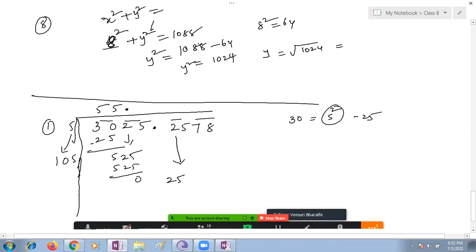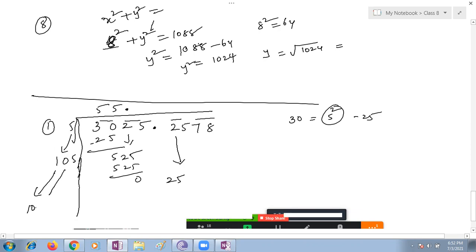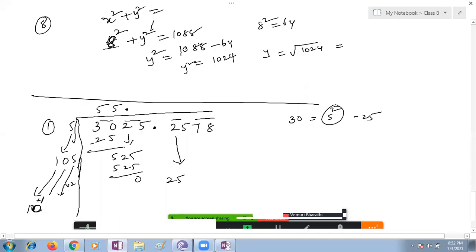You have to write 1 as it is. Both numbers you have to write as it is. Then what are you supposed to take? This 5 becomes twice, which means 10, and 25 means you have to add the carry over here, children. That means it becomes 11. Very good, it becomes 11. Understood this point, children? What I'm doing here?